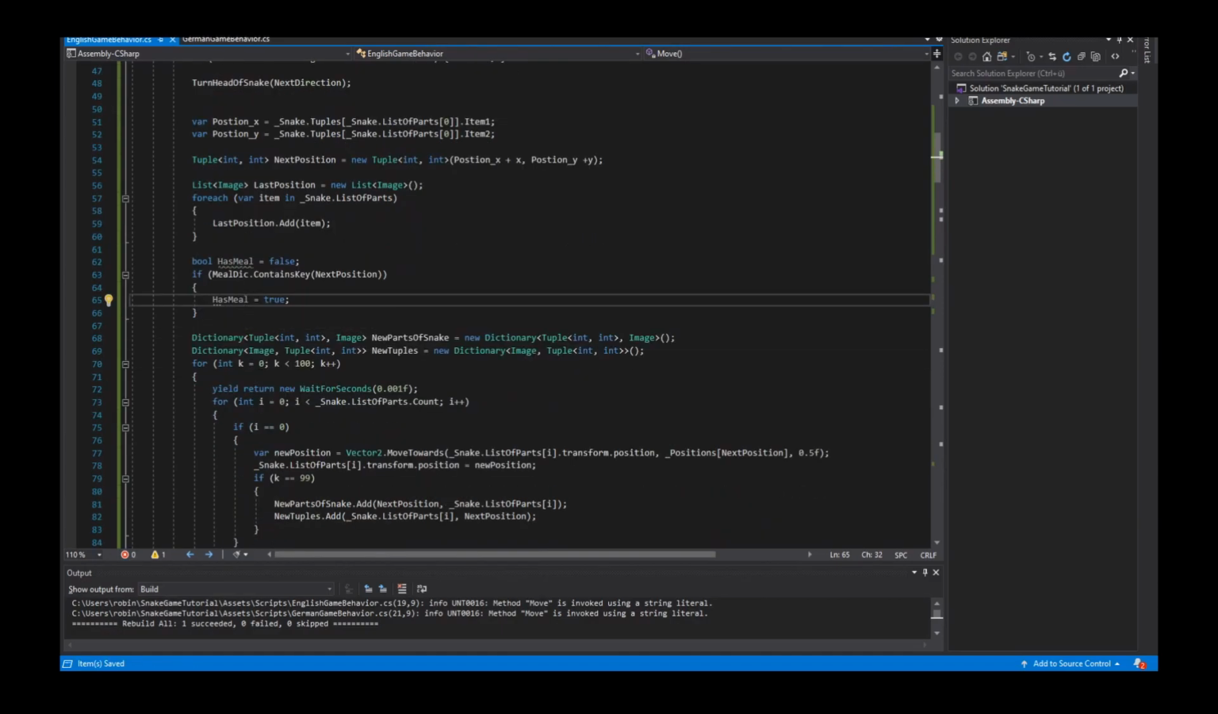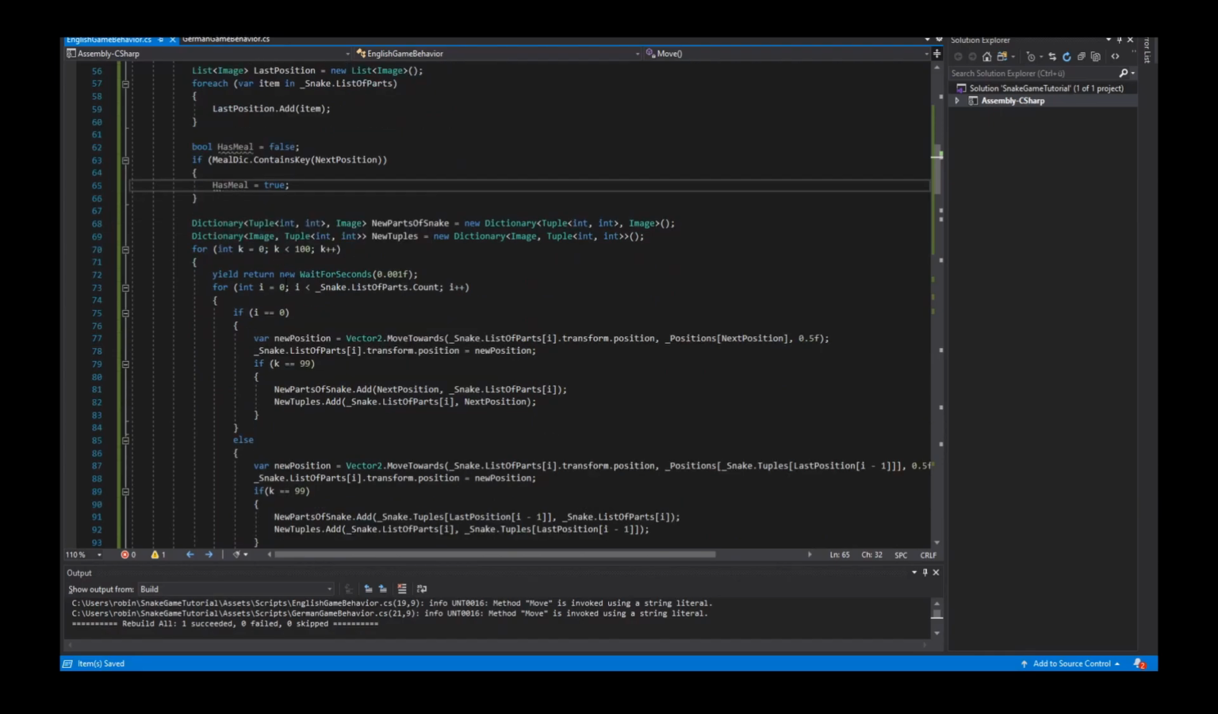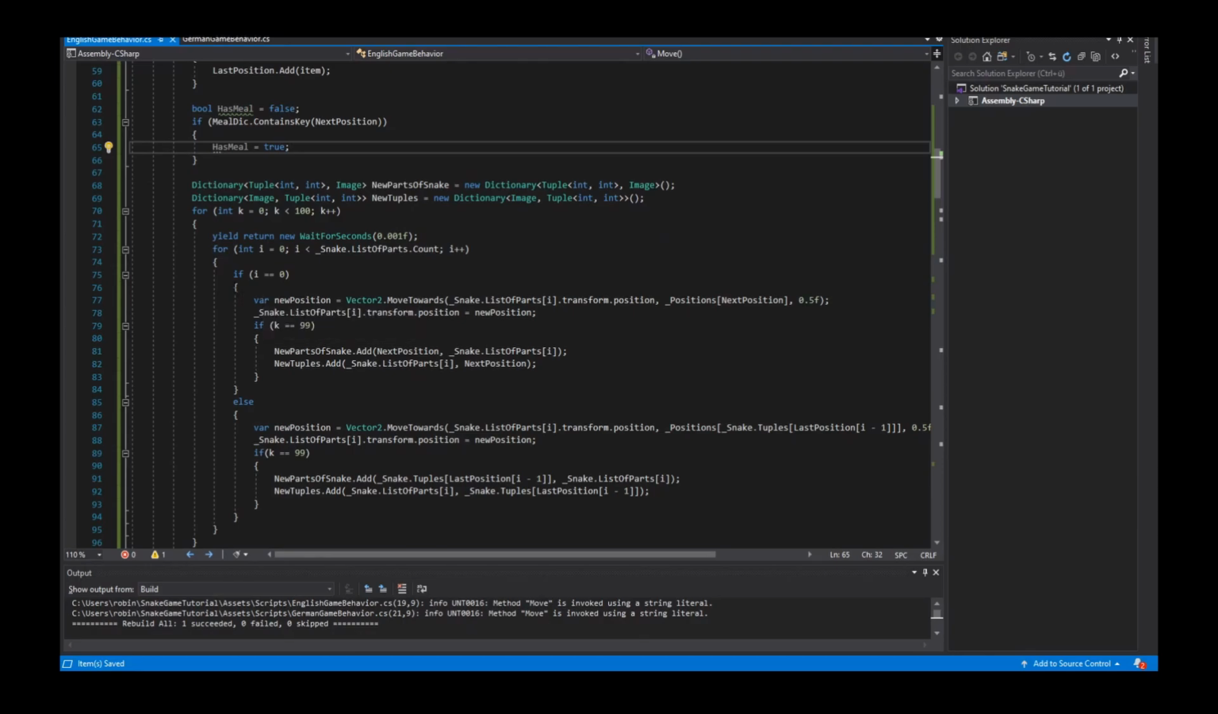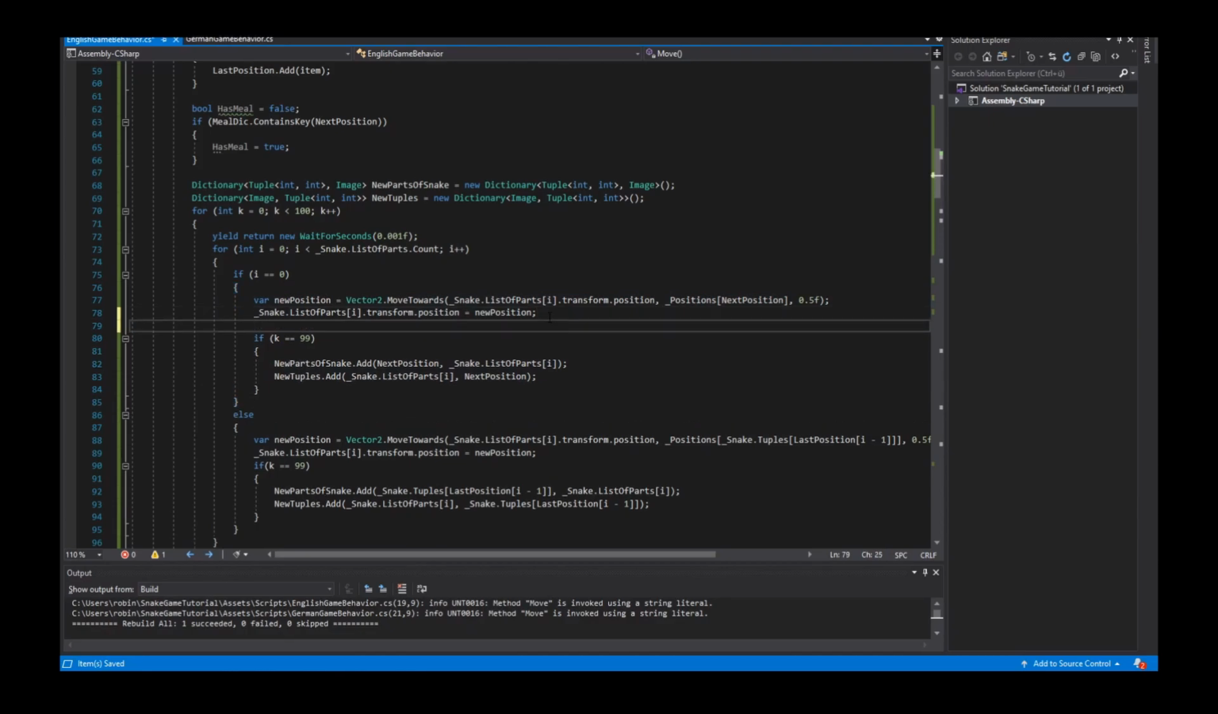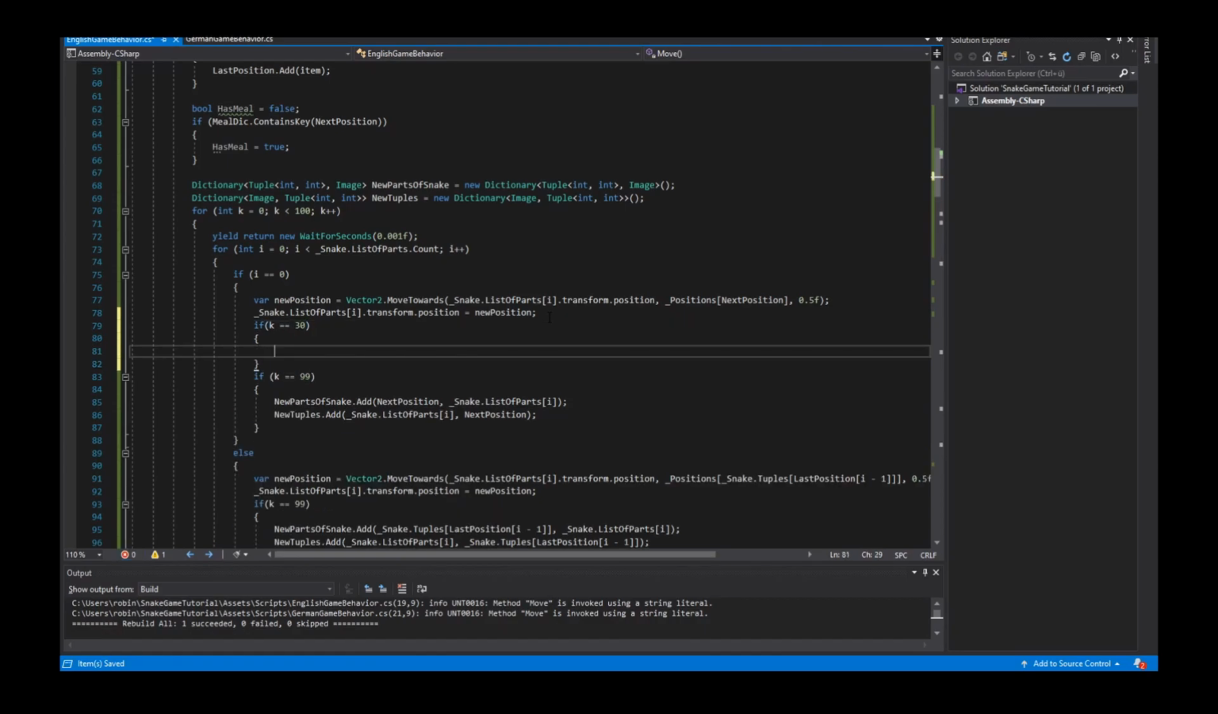Now I know that the snake gets a meal, and when the snake head reaches the field, I want to delete the apple. I delete the apple if k is 30, so I delete the apple when the snake is on 30% of the position from the field, and I say